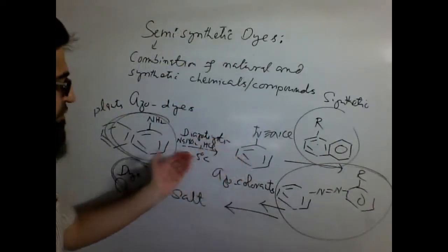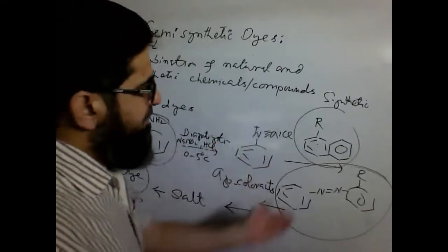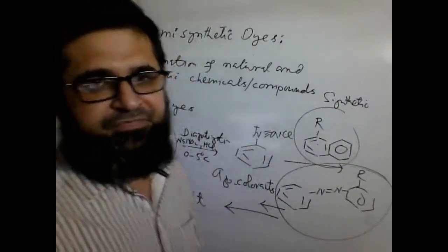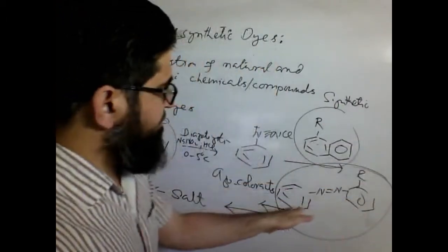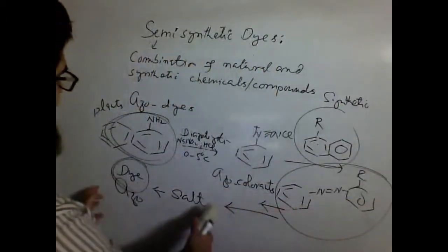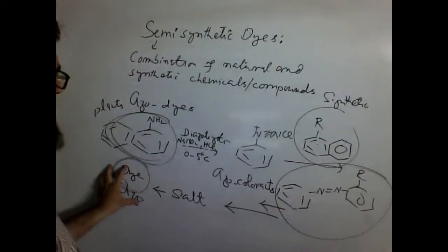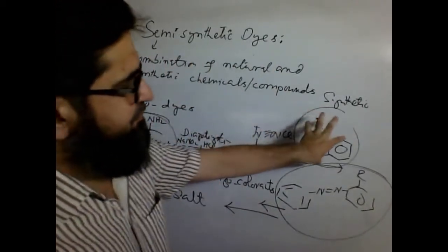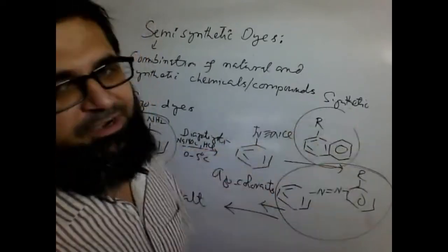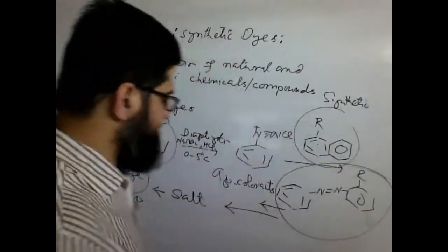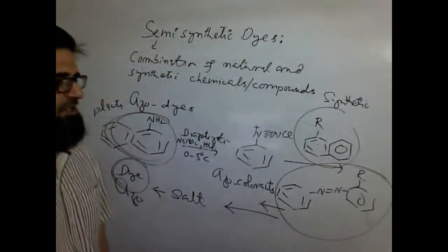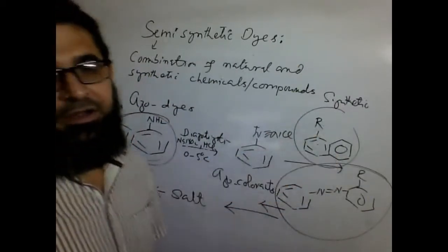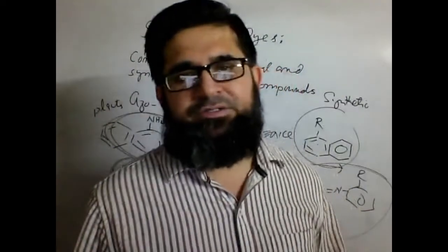It actually undergoes a few synthetic steps. Then you can bring in the coupler that can be the synthetic one, and it undergoes the subsequent step. The final dye will be a dye which carries one part from the plant origin and the other half from the synthetic origin. Now this colorant, this dye, which carries one part from plant and one from the synthetic industrial origin, will be called